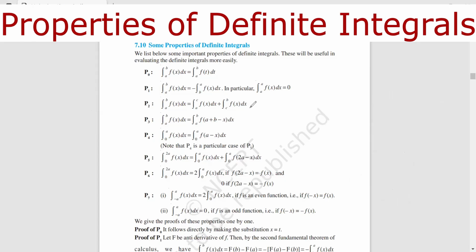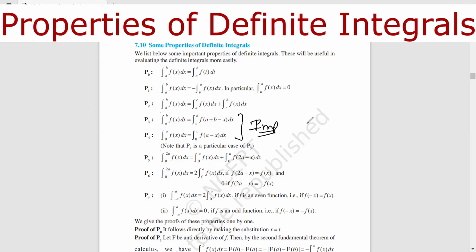Next property, these two properties are one and the same thing. In the first, we have the limit a to b of f(x) dx. What we are going to do is replace x with the sum of these two, a and b, minus x. That means x is going to be replaced with this value in the limit. Suppose in place of a to b, I have the limit 0 to a and then x. In that case, I will be replacing x with a minus x dx. So this is a very important property used in most questions. Very important.